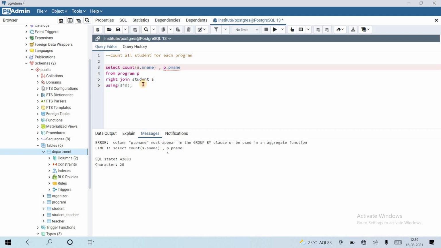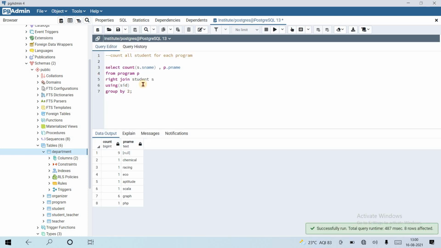Let's use it in group by: group by p dot pname, or we can assign a column number, group by column number 2. Yeah, so chemical has one student, graph has 6 students. That's it.